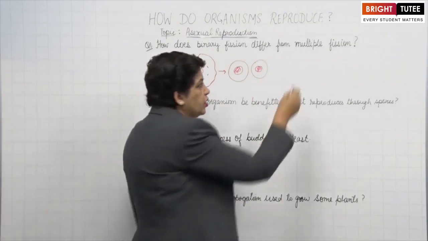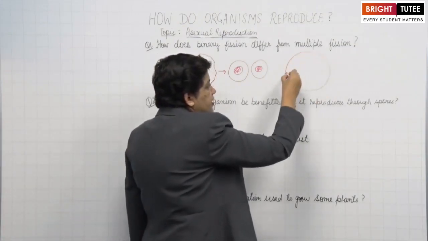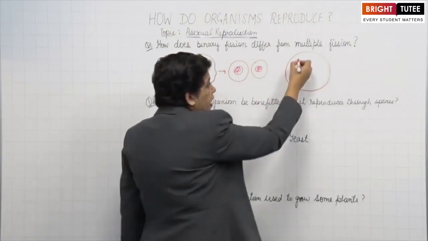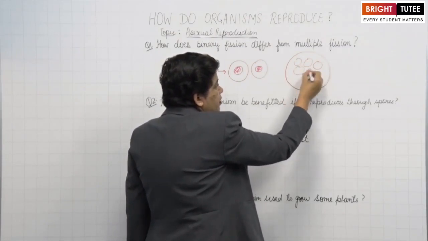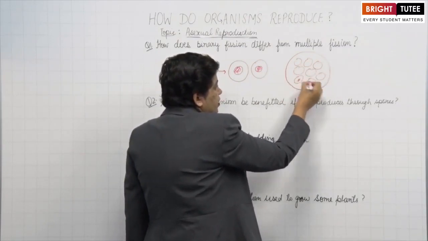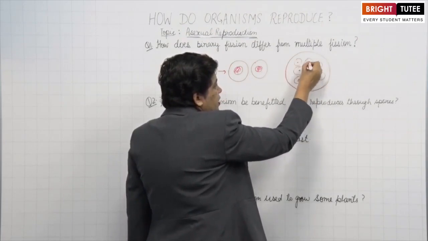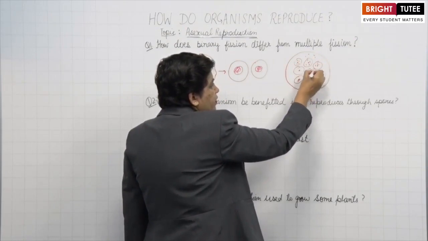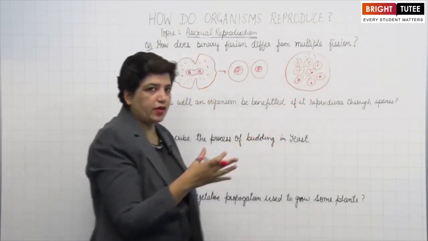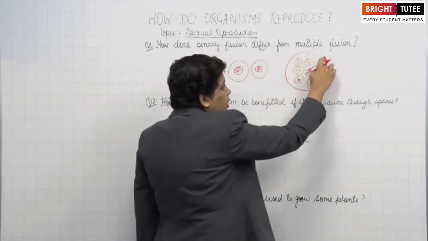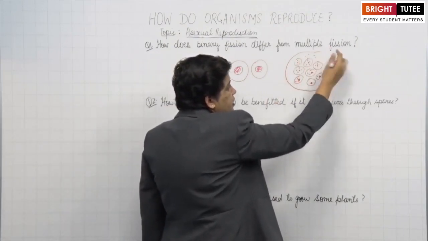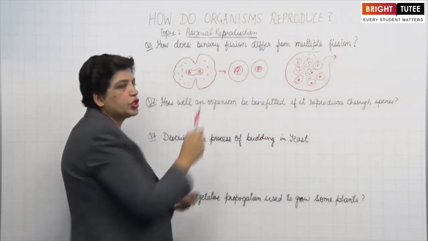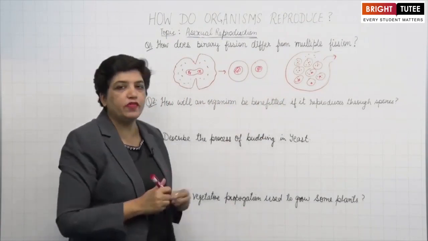But in multiple fission, what happens? Let us take an example of Plasmodium. The nucleus divides multiple number of times and it gives rise to many daughter cells. Right? Some of the cytoplasm collects around each of the nuclei and it gives rise to many daughter cells. Whenever the conditions are favorable, this wall will split and these daughter cells will be released. So, one of the differences: in binary fission, two daughter cells are formed, but in multiple fission, more number of